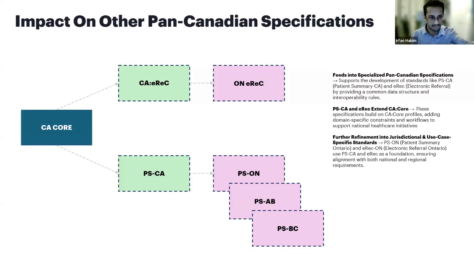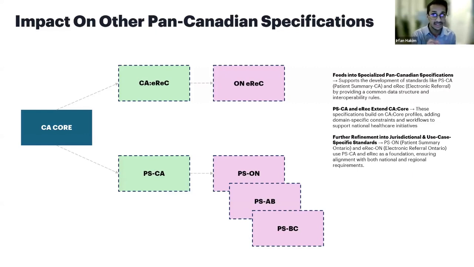For example, CA core has been derived to be used for a pan-Canadian e-referral e-consult guide. There's a patient profile, for example, that's already been defined that can be used, location, organization. There's a number of profiles defined in CA core that can just be modified a little bit